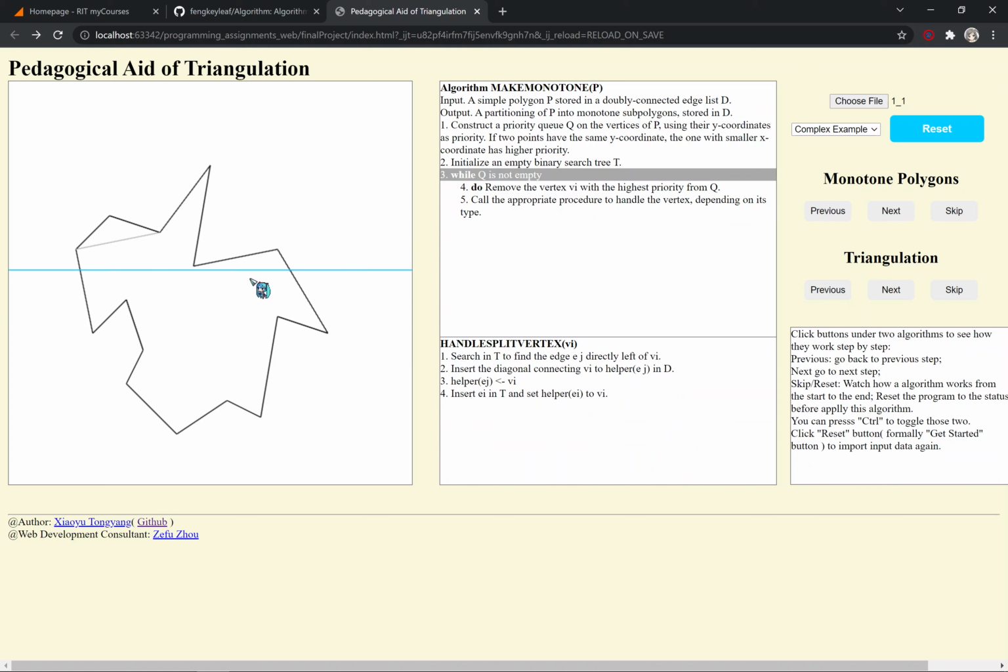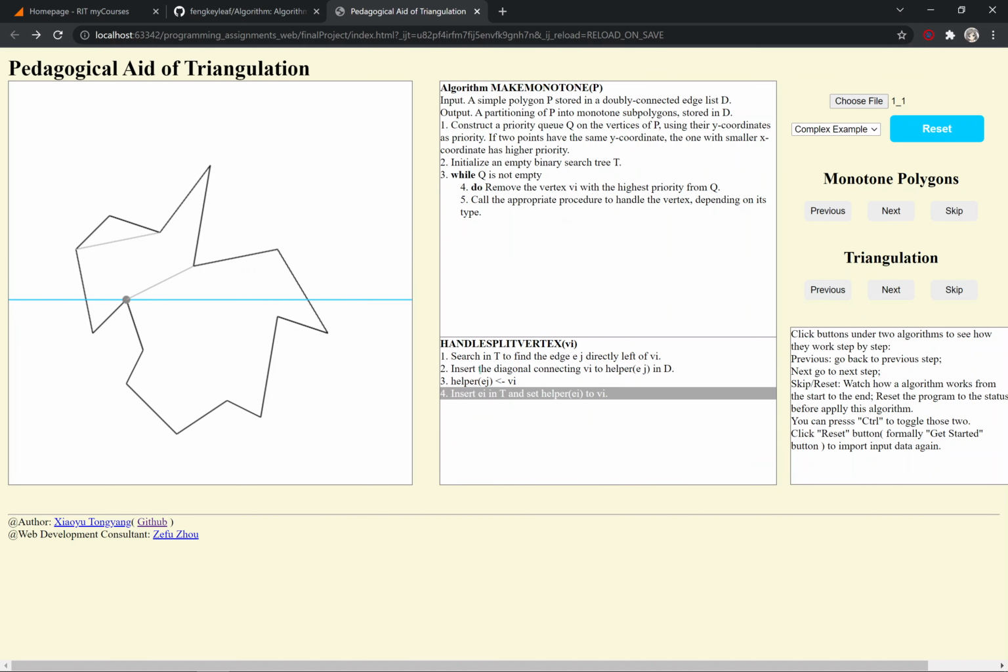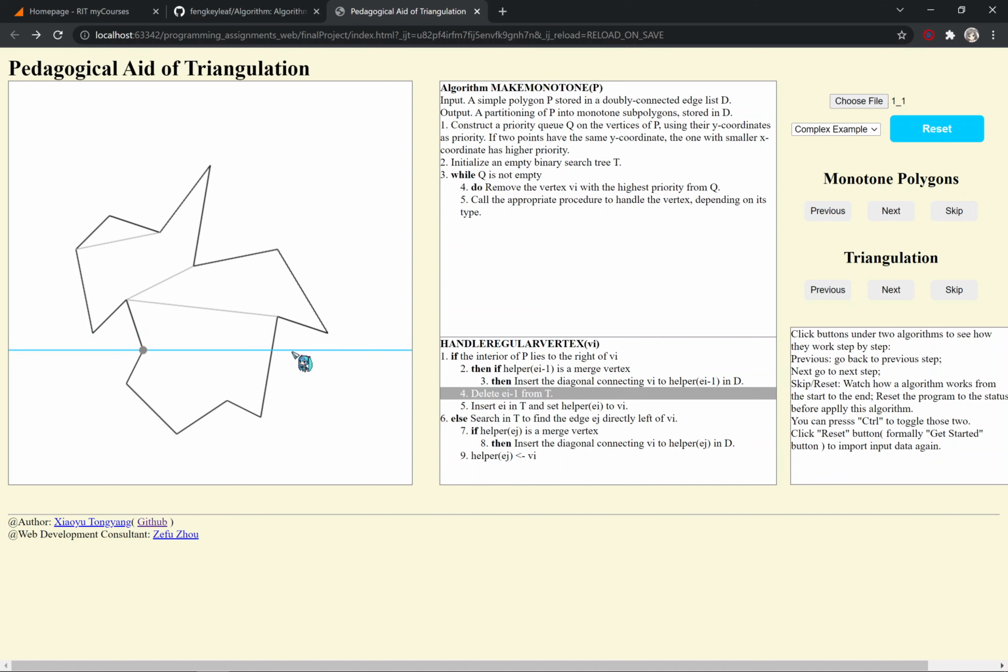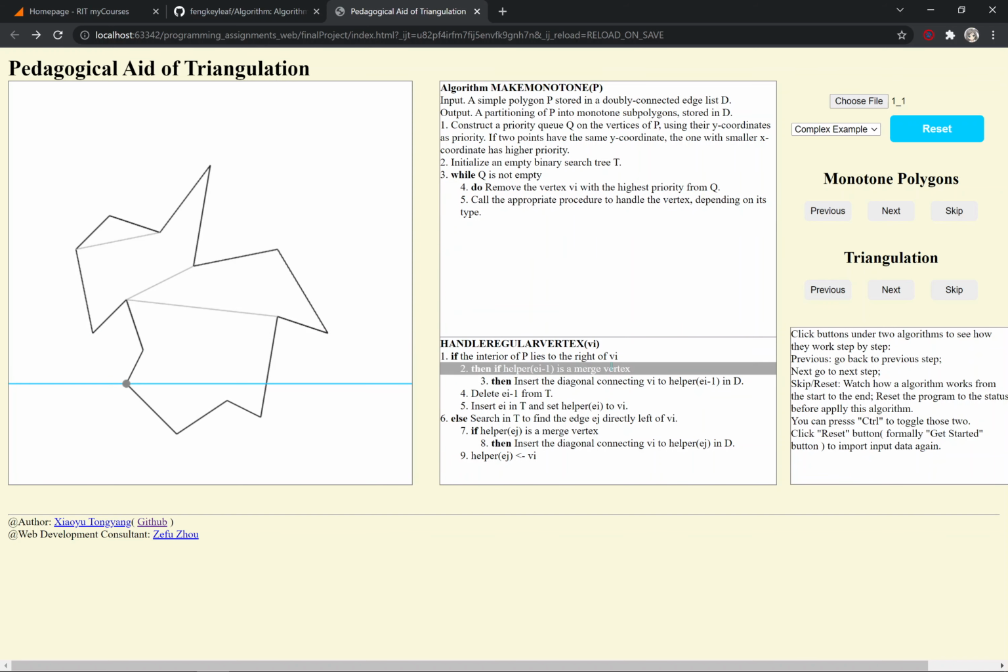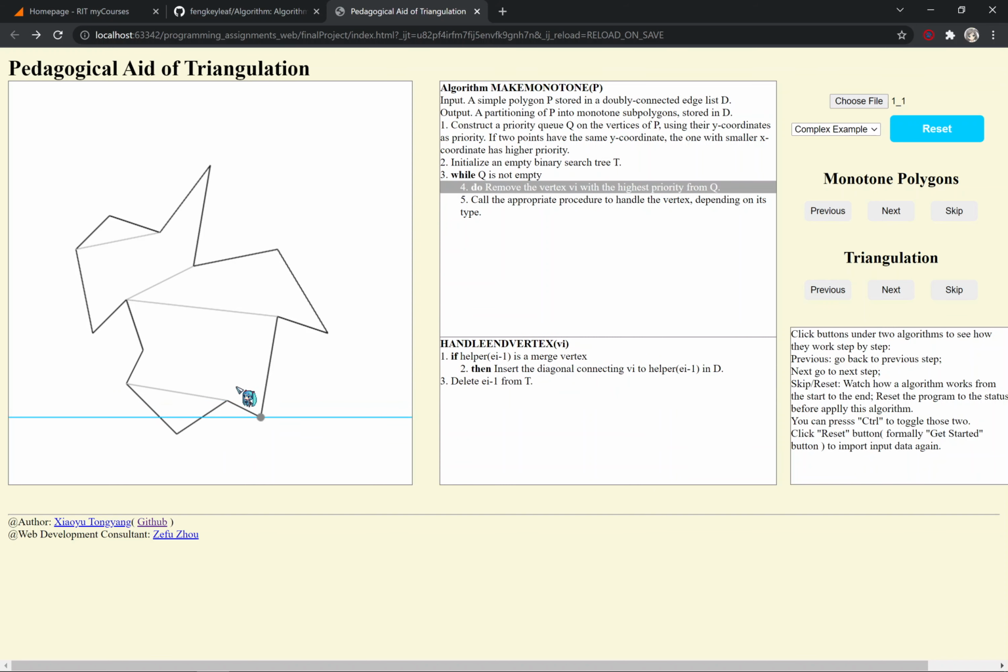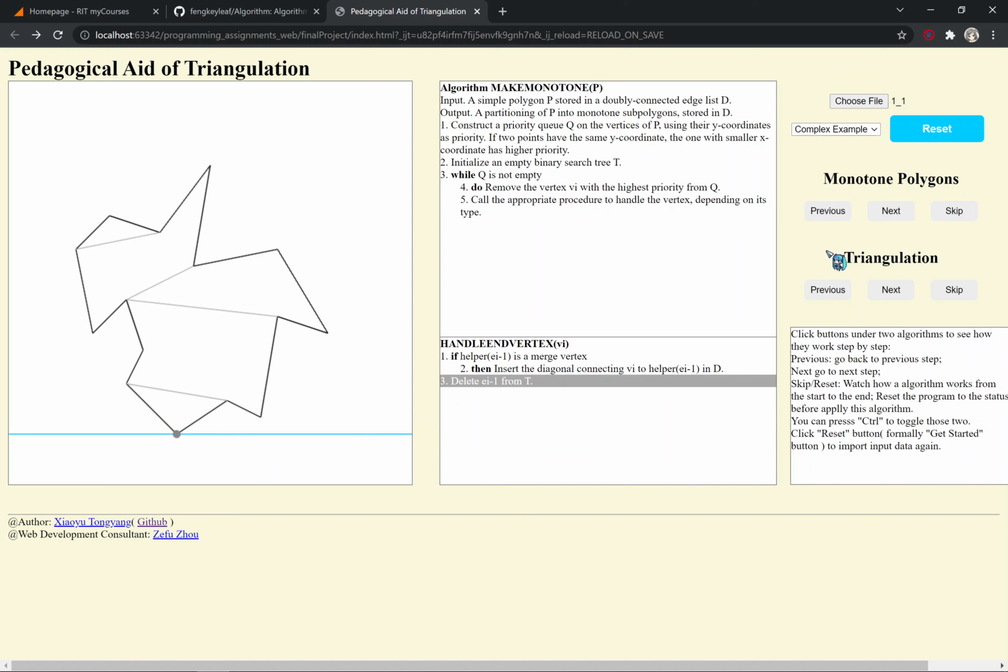And this is a merge vertex showing here, and a split vertex. So we added a diagonal, split vertex, added a diagonal, two end vertices, and left regular vertex, and left regular vertex, split vertex, added a diagonal, end vertex, and end vertex. At this point, we're done with the first algorithm, partitioning monotone polygons, and then we need to triangulate each monotone